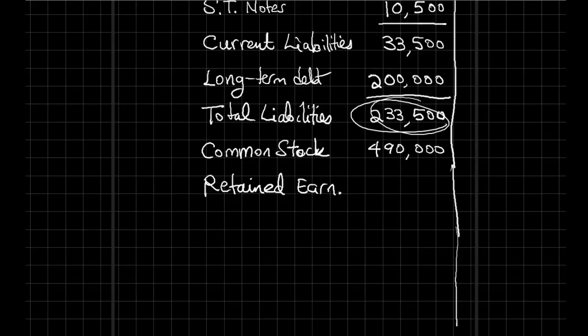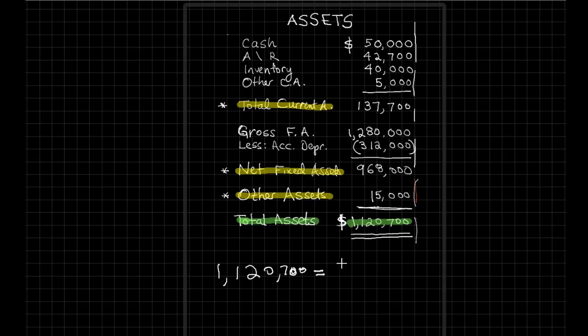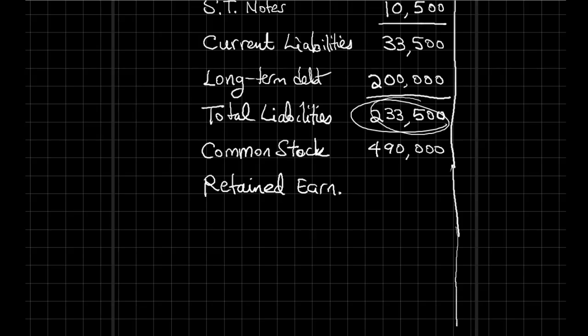So let's go back again. So this number here is $233,500 plus total equity. So from this equation, it is not difficult to find total equity to be, I believe, $887,200. Now we can go back to the next page and figure out what retained earnings should be,